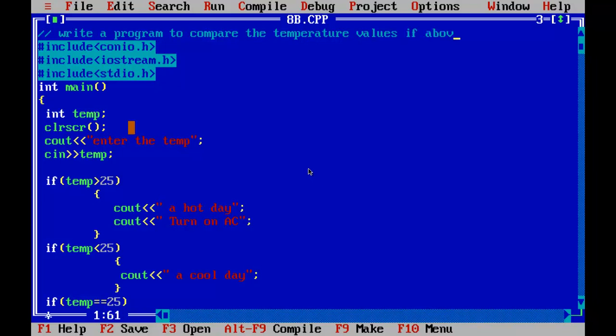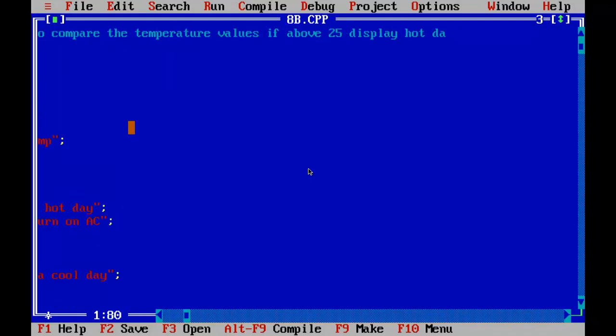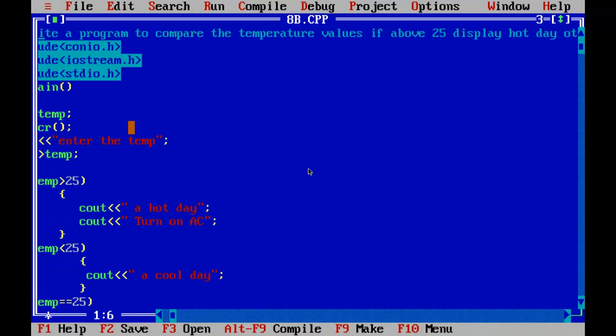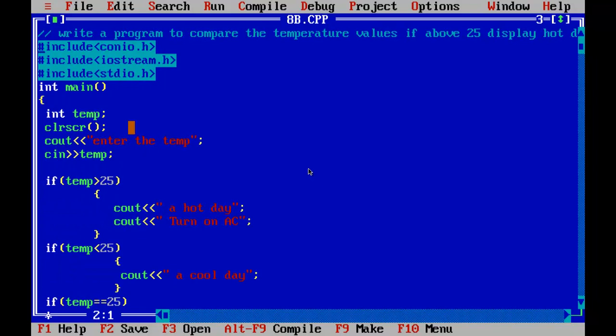If above 25, display hot day, otherwise a normal day. This is our comment in the program. Above 25 hot day and below 25 normal day.